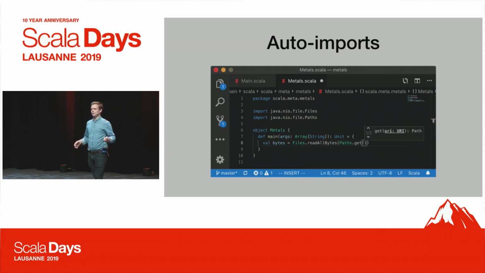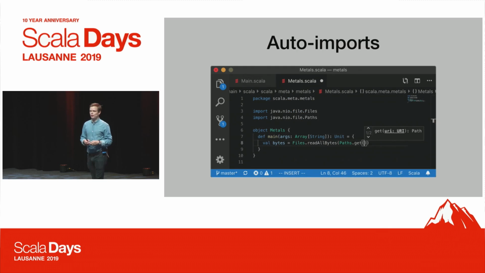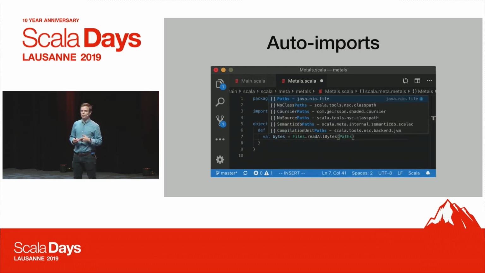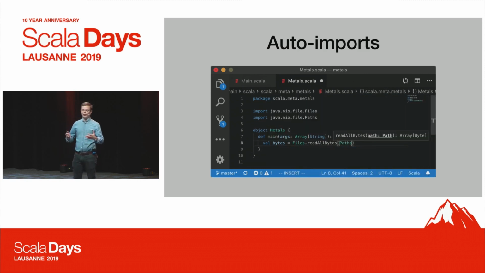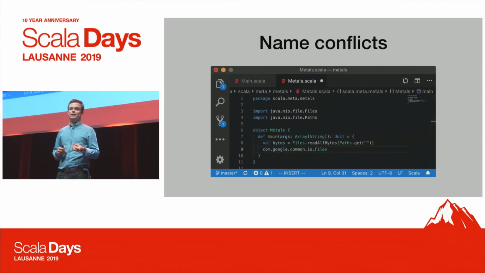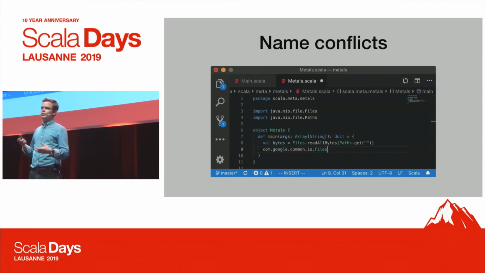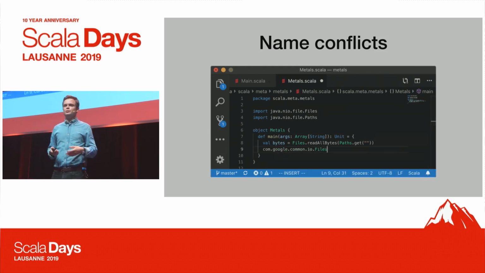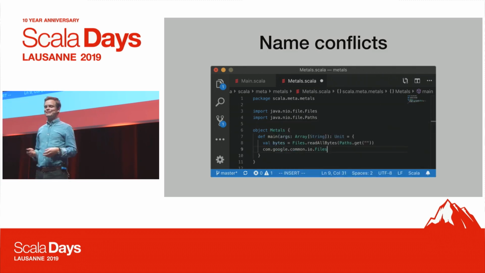So you will have to manually go up there and sort them according to the conventions of your project. It would be really nice to solve that down the road. But it's already really good as it is, better than nothing. So the next step, and I think this is a piece that I cared a lot about because I hit it all the time, is that you have conflicting names. You have Files already imported, but you want to use another API, which also has the name Files, because library developers use the same names all over the place.